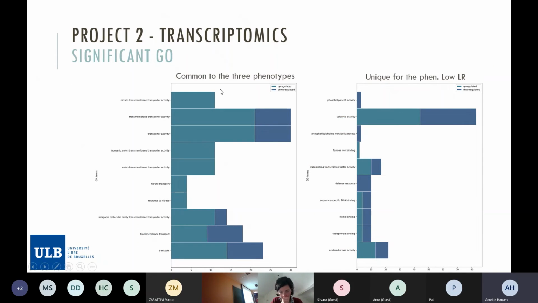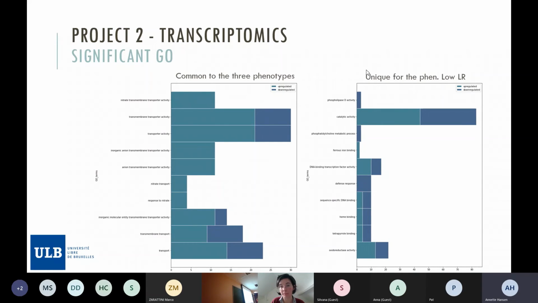While on the other side, we have those as control common to the three phenotypes. Here we can see that we have a lot of terms related to nitrogen. This means that the plants, the three phenotypes, are activating kind of the same mechanism to respond to the